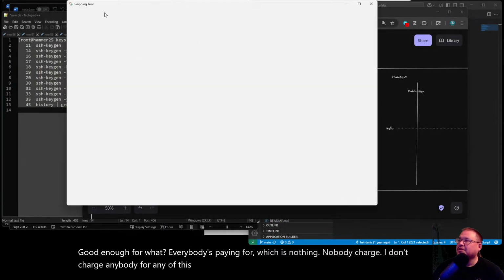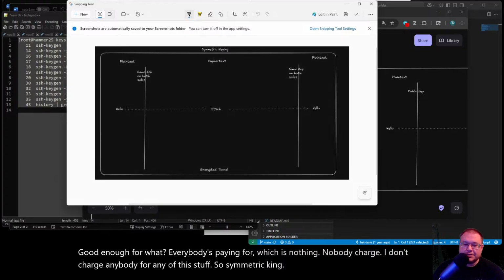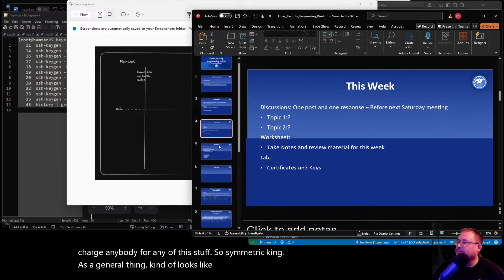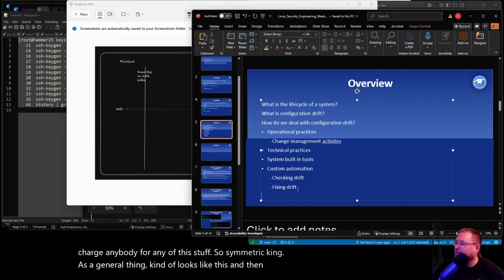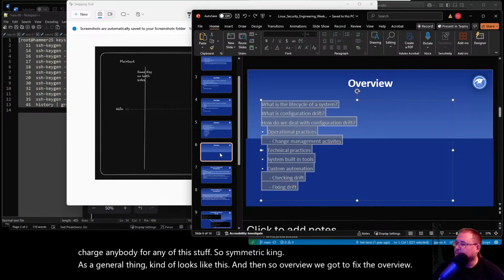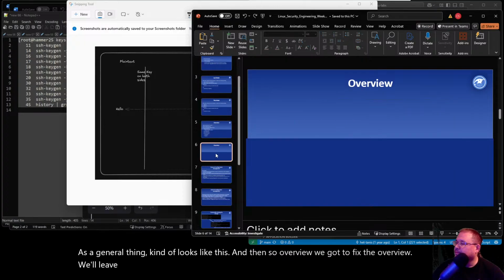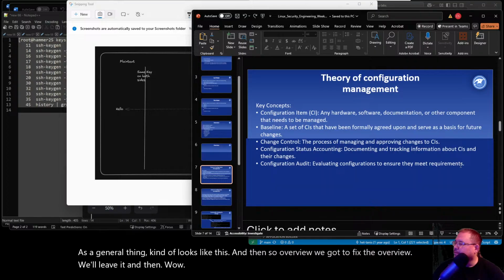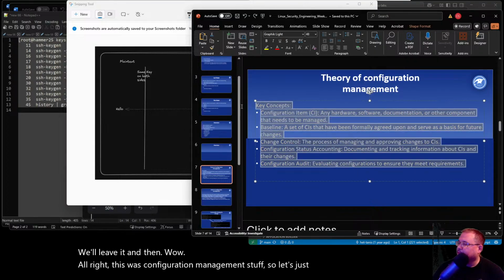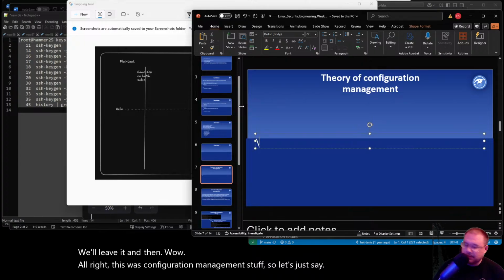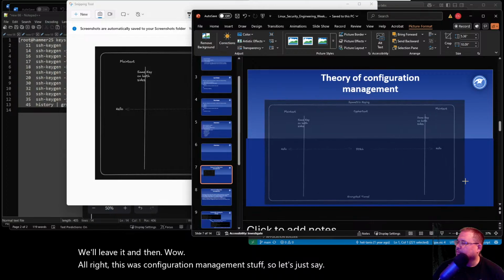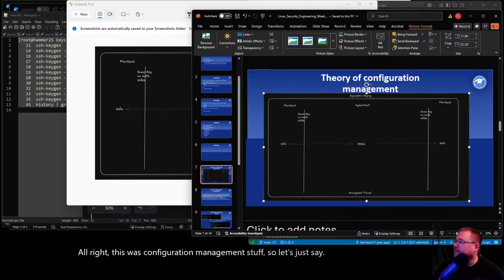So symmetric keying as a general thing kind of looks like this. And then the overview, we've got to fix the overview. We'll leave it. All right, this was configuration management stuff. That looks fine.